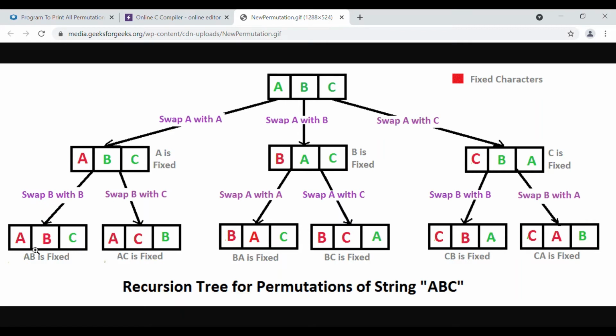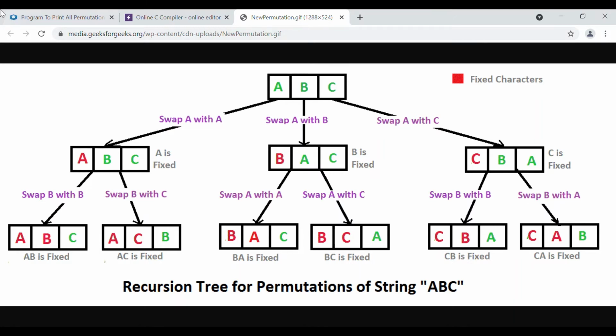Now we backtrack and move back to the previous string where first A is fixed and the others are variable. Now what will we do? We will swap B and C. So this is backtracking. We move from our final string one stage back, so we move to ABC, right? Now at this stage we swap B with C. So now C is fixed, and then B. So the next string is our ACB. In this way we are creating all the permutations, right?